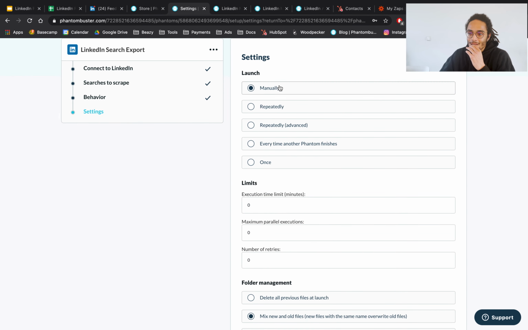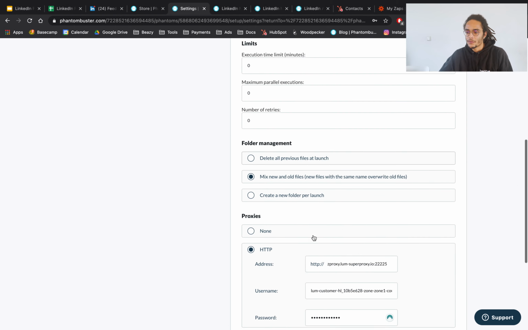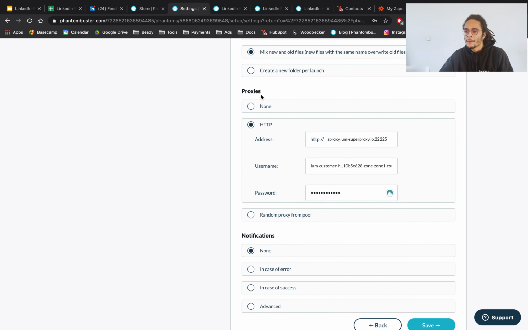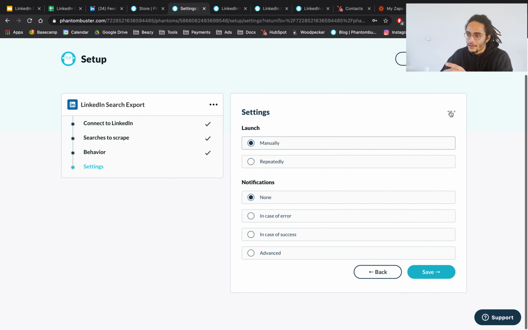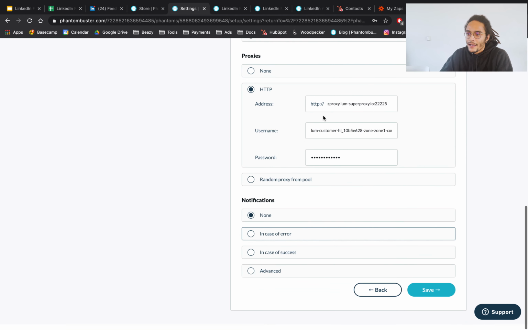Next, launch. This time we're just going to put it manually because you just want to launch it once, get all the links, and you can even delete this bot. So just manually this, whatever, mix new and old files, we don't care. Then if you don't see this, just go here and select show advanced settings, and then you can go into